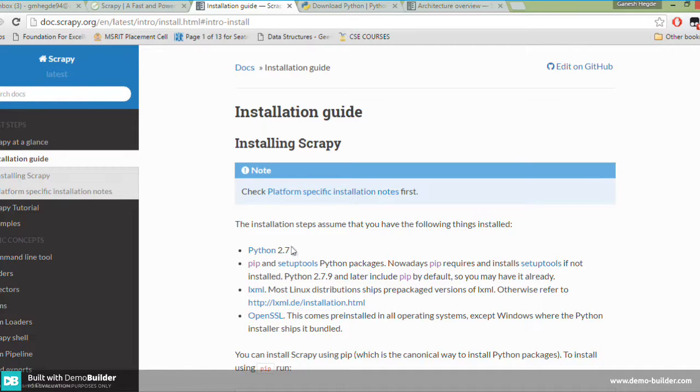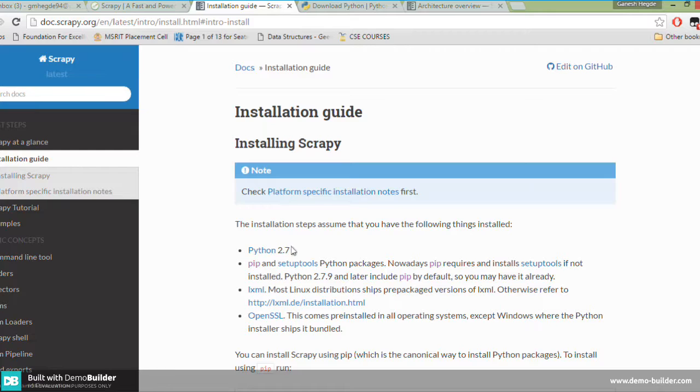Scrapy only needs Python 2.7; support for later versions of Python is still work in progress. Therefore, we need Python 2.7 and also pip in that Python. For installing pip, we need setuptools; pip and setuptools are for Python packages. Nowadays, pip requires setuptools for installation.